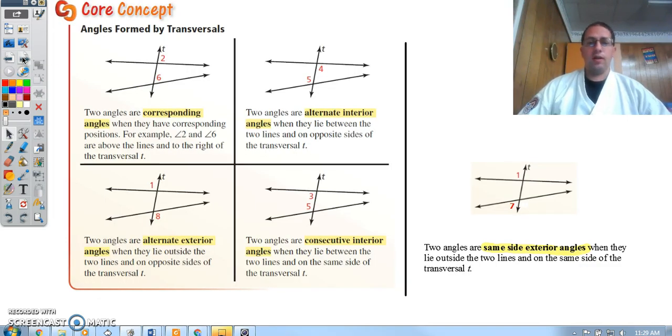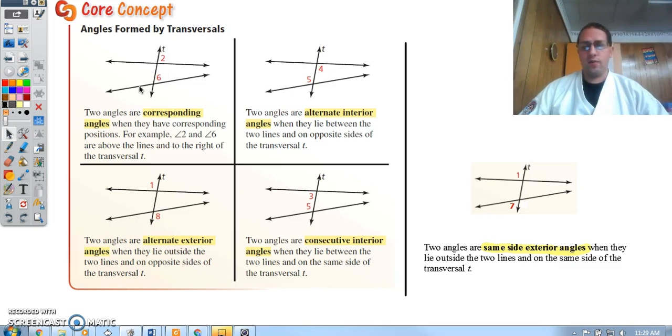Okay, so here we have some definitions. This line right here is called a transversal, line T. A transversal, all that means is you have a line that goes across two other lines. That's it. Trans means across, the versal is lines. So we have a line drawn across two other lines, and as you see, that